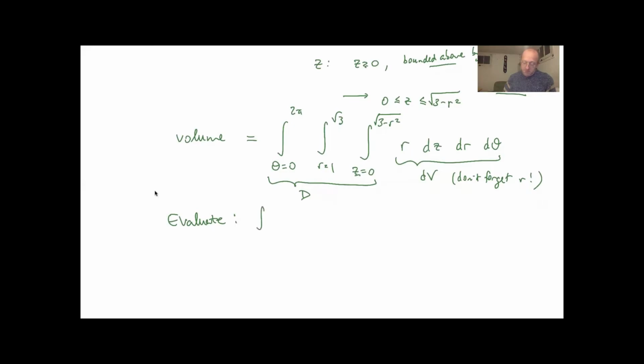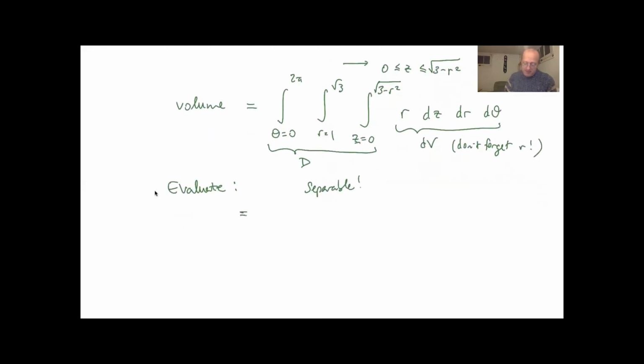Let's observe that this is in fact a separable integral. And that means that it's equal to the integral for theta from 0 to 2 pi of 1 d theta times the integral for r from 1 to √3 of r dr times the integral